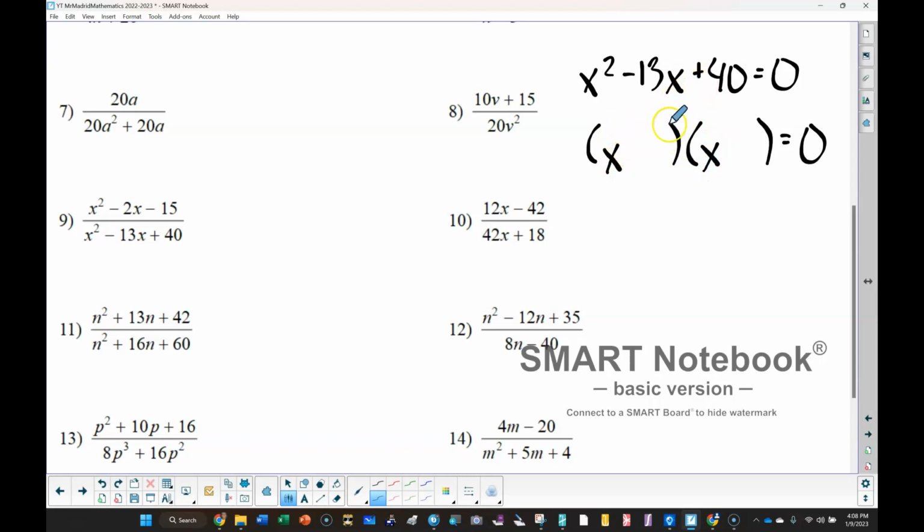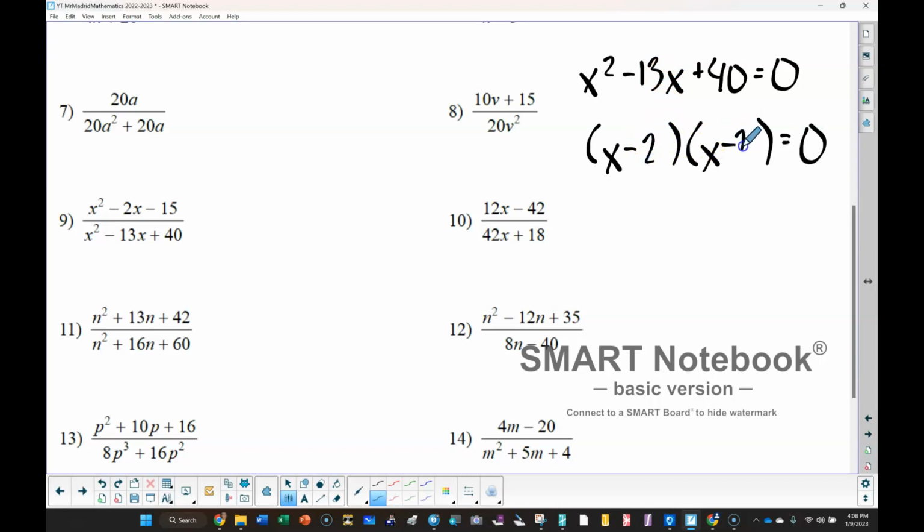And what are those numbers? So I'm going to set it up like this. We need two numbers that multiply to give me this, and then add to give me this. So again, sometimes you won't get it on the first try. Hang in there. Okay. So for example, I could try